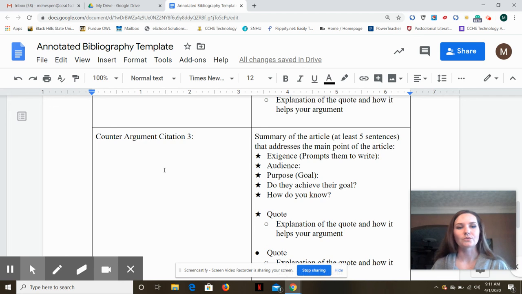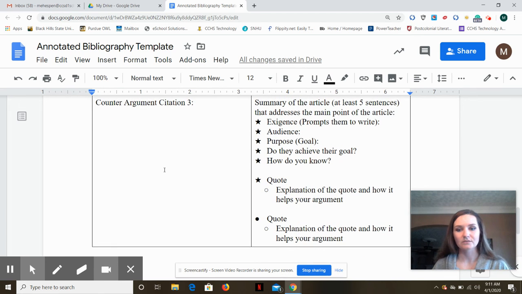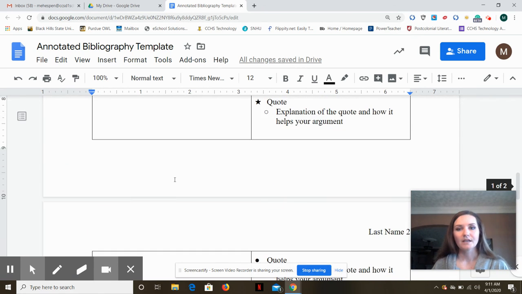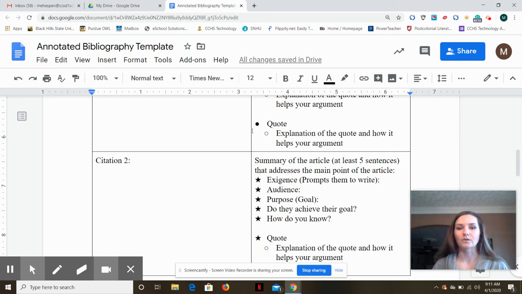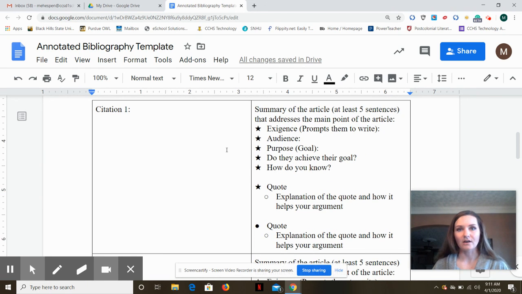So remember that you need to find 3 resources, and then you need to do a summarization and work through this document. This will be shared on Google Classroom, and you'll be able to edit the document. We'll be sure to make a copy for each of you, and then you can just start editing that document. That way we can come in and see where you're at with your research and help you in any way that we can. So if you have any questions, please reach out to your teacher